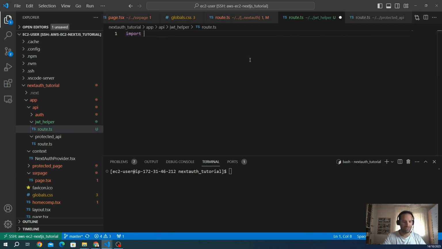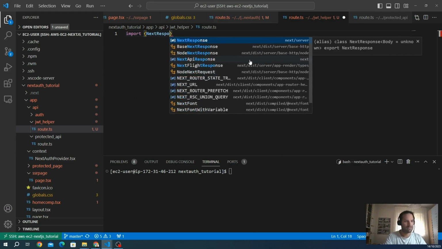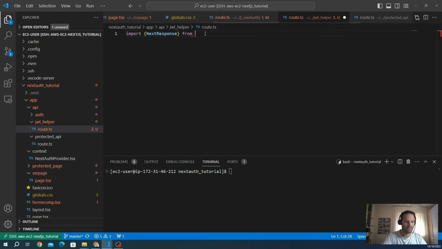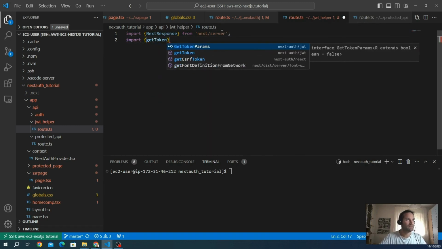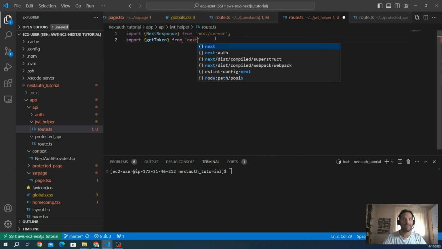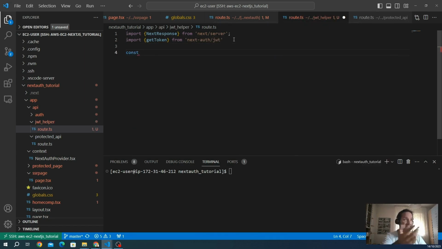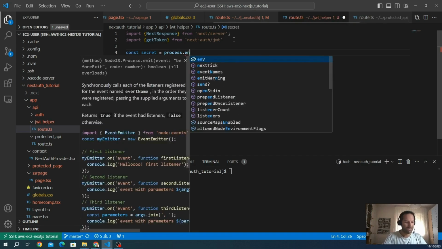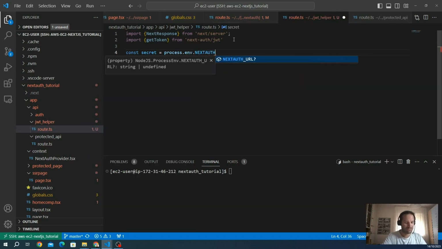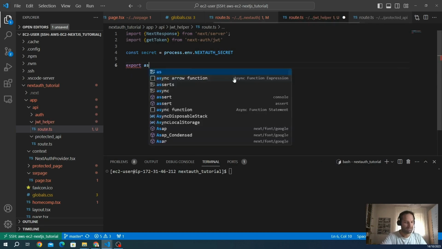So we import NextResponse from next/server, and we import the helper called getToken from next-auth/jwt. This is our helper. Of course, we need to validate and decode the token. We need the secret, which is our environment variable that we already declared in our options, the NEXTAUTH_SECRET that is here, and we create the function,